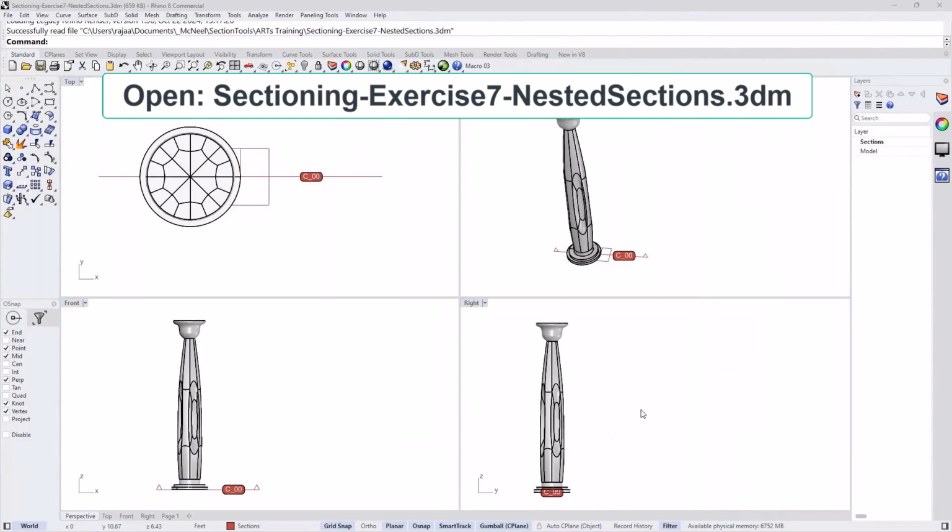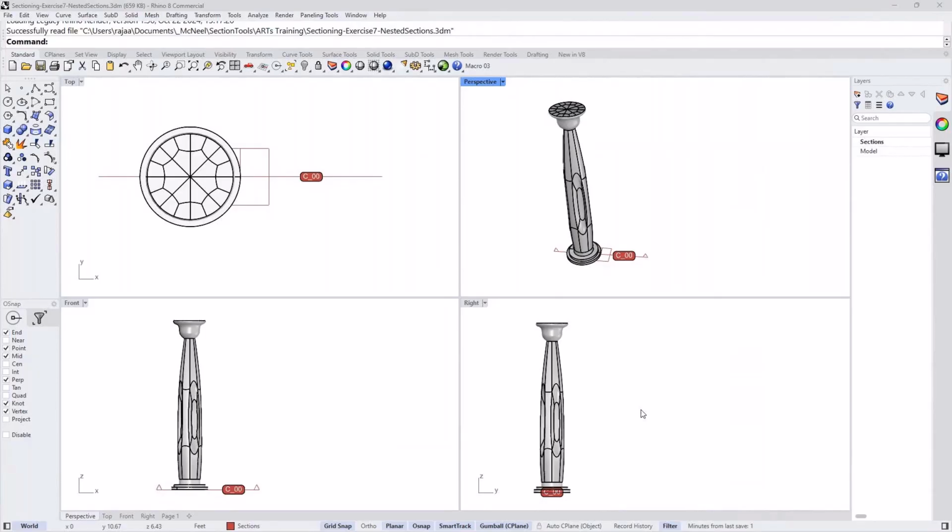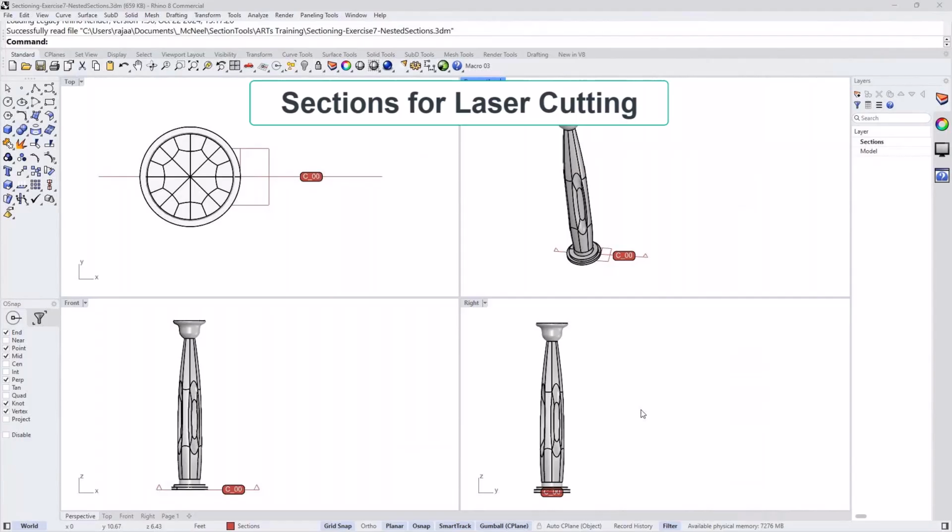But there is another use case when you extract the sections and want to lay them out on the XY plane and prep them to export for laser cutting, for example. And using a number of clipping planes with unique names for them, and lay these section extractions on the XY plane and export them with labels and all that is an extremely useful workflow.